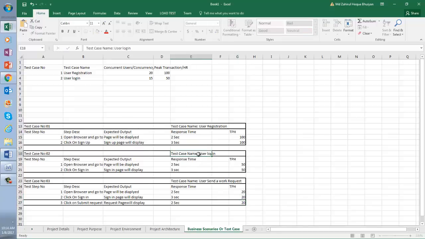And our last script is user send work request. Let's say our maximum transaction is concurrent user is 10 and maximum transaction per hour is 10. Okay, actually let's put 5 here concurrent user, here let's put 1. Okay, and here let's put 50. So these information